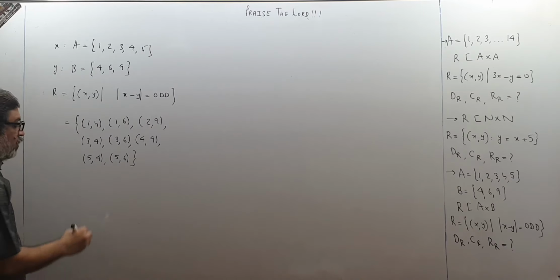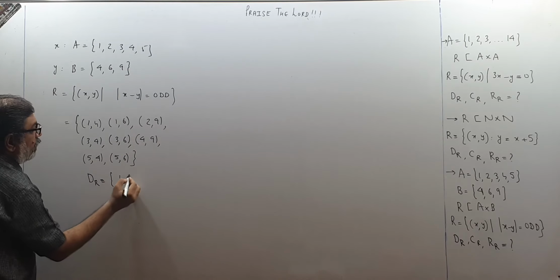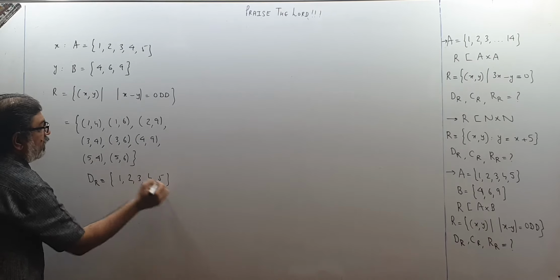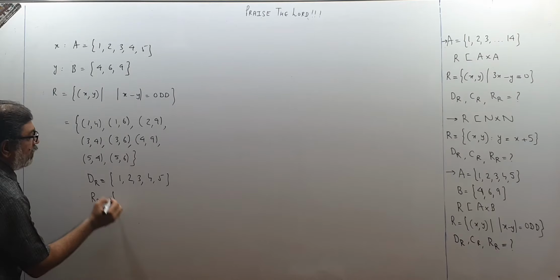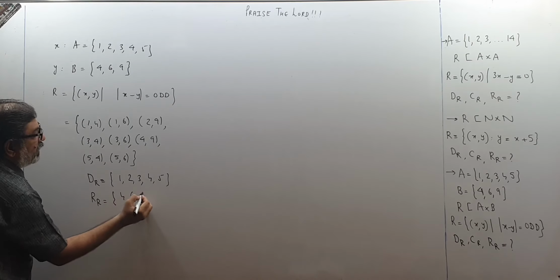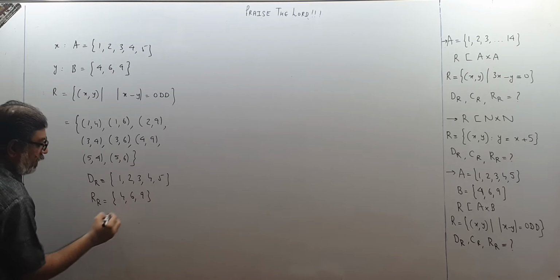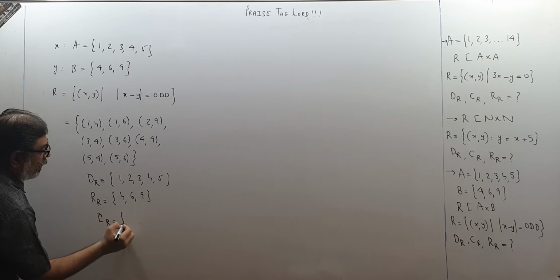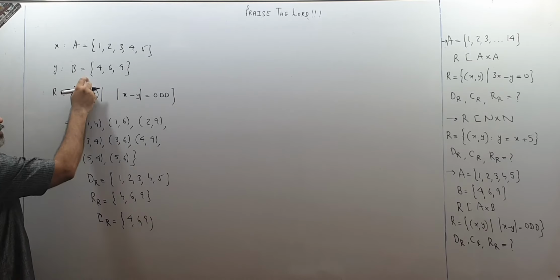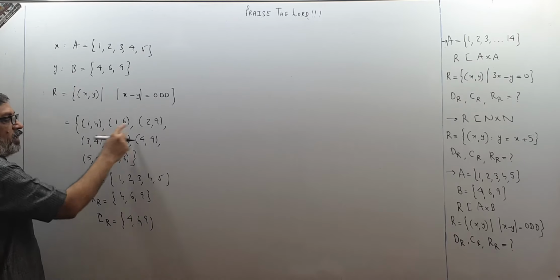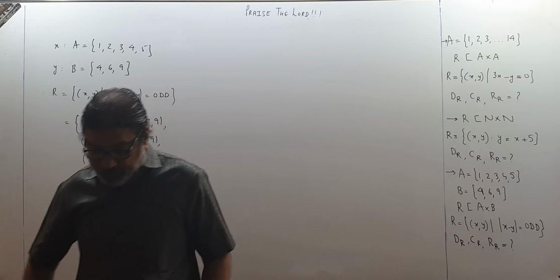This is R. So what is the domain of R, children? What will be domain of R? 1, 2, 3, 4, 5. The first elements are forming the domain. The second elements are forming the range. Range will be 4, 6, 9. 4 is there, 6 is there, 9 is there. Only these many. And what is the codomain of the relation? Codomain means 4, 6, 9. So codomain is to be picked up from here, the second set. Range is to be picked up from here, the second elements. Like this you have to think. Please pause and copy, children.